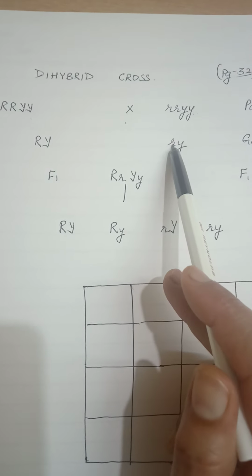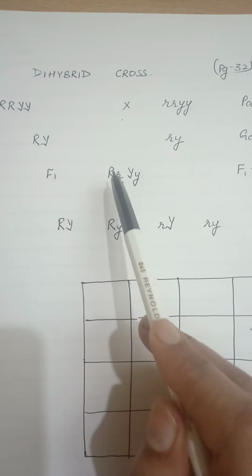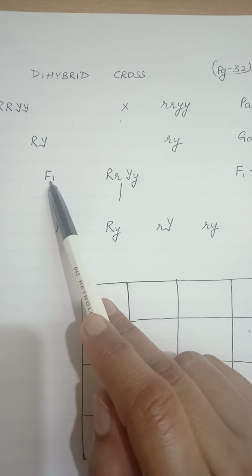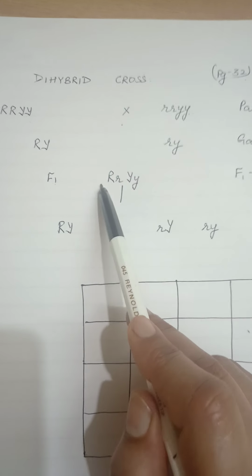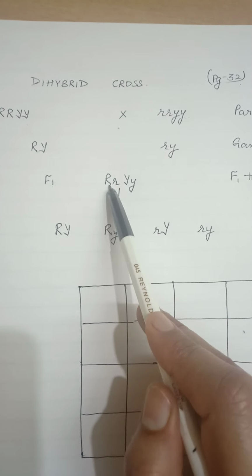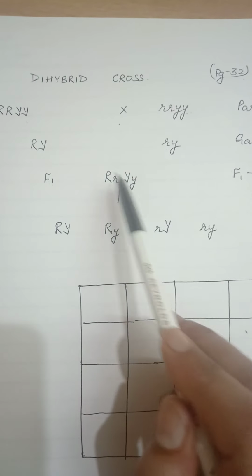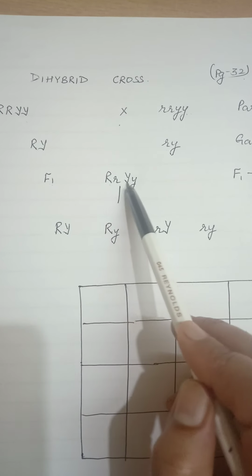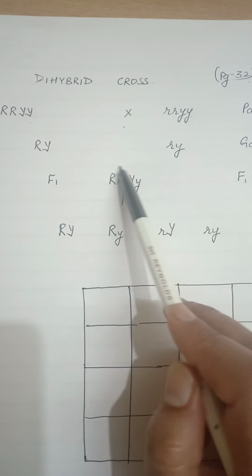coming from this parent. Now when fusion will occur, we will get F1 hybrid plant and the seed kind. When this plant will bear flowers and seeds will be formed, we will have round yellow seeds, but their genotype will be capital R small r, because one is coming from here also. Fusion takes place, then all these alleles come together, we get the same genetic constitution. Same genetic constitution means, because it is dihybrid cross, four alleles are used to represent the genotype.